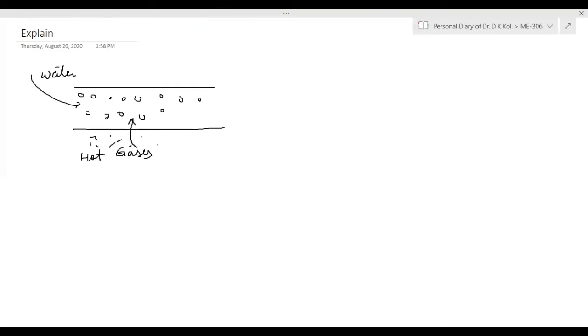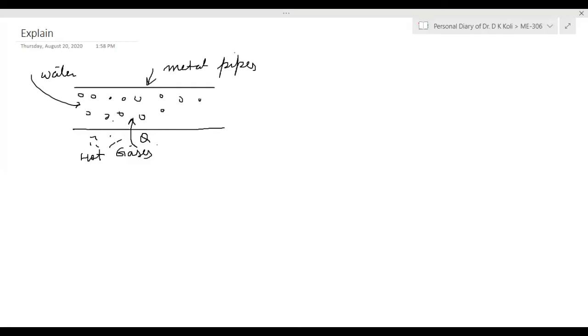Heat, I am going to write here Q, means the heat of the gases is to pass to the water, so that water will get heat and water will be evaporated. This is the mechanism. But what is happening, normally we use metal pipes here, so that they can transfer heat easily.